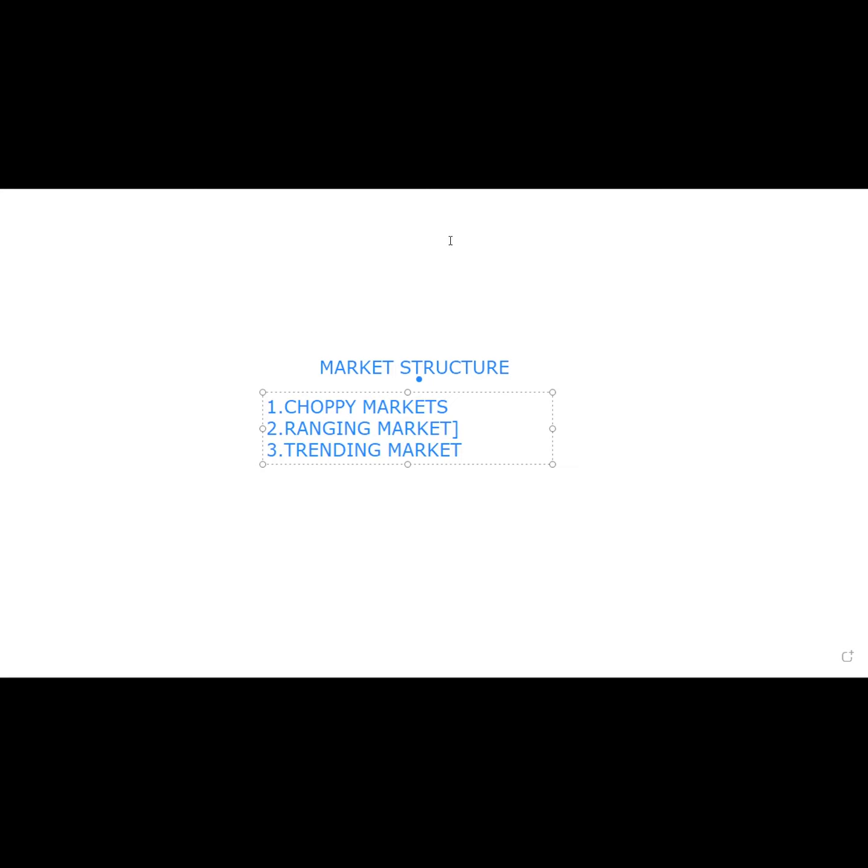It is to completely ignore it. Full stop. Are we together? You want to completely ignore a choppy market. Full stop. Now, don't worry, we're still going to go on the chart and see practical examples of how a choppy market looks. But before then, let's take the notes on the ranging markets also.